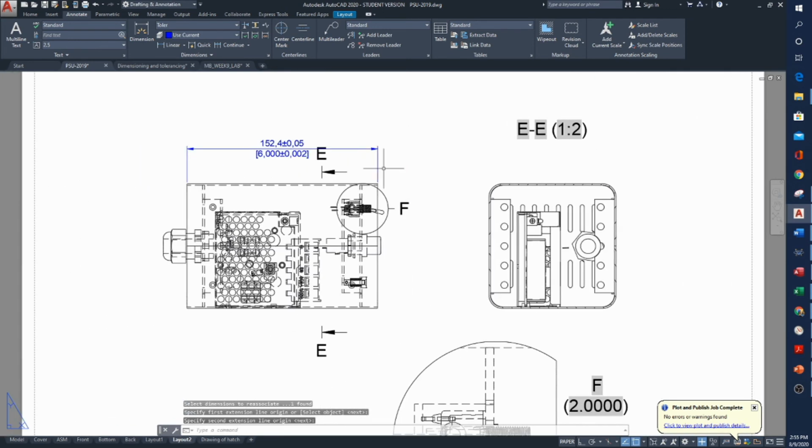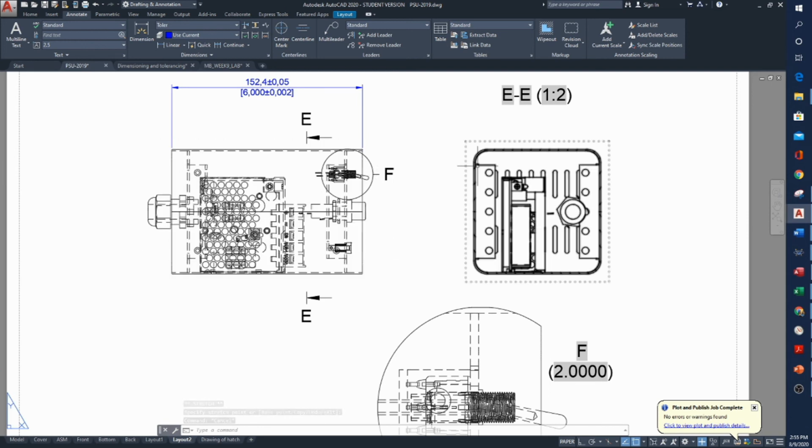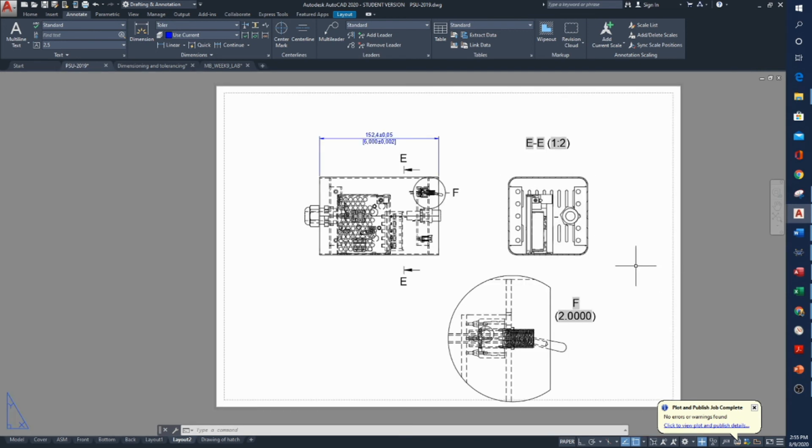These are hard geometric features, and so this time it doesn't give me that error. Okay, so if I needed to dimension this, I'd probably use an end view as opposed to the cross section and trying to pick up these hatched lines. All right, so